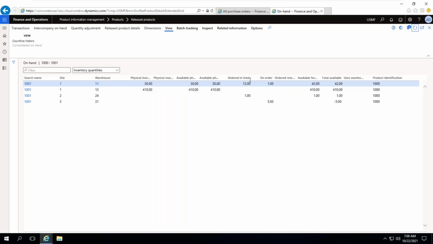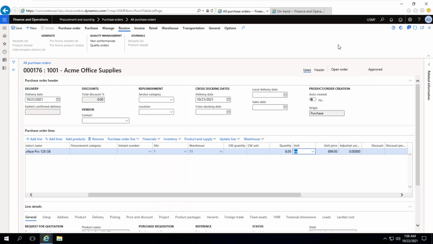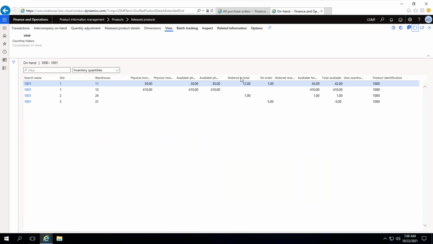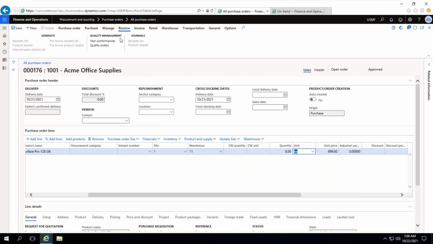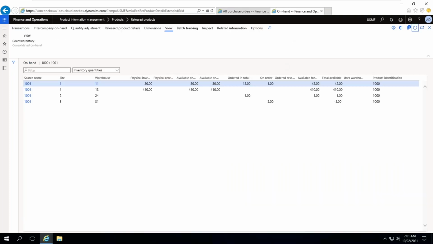Right, but the one item which was added later was not confirmed. It was only confirmed for 7 items. This quantity is not only the confirmed quantity, it is the created quantity. That's it, the purchase order created quantity. As soon as you create a purchase order, created quantities do not require the confirmation or approval process. So it is only showing as an ordered quantity, but still if you want to proceed further to receiving the material, confirmation is mandatory. But this is only the created status.